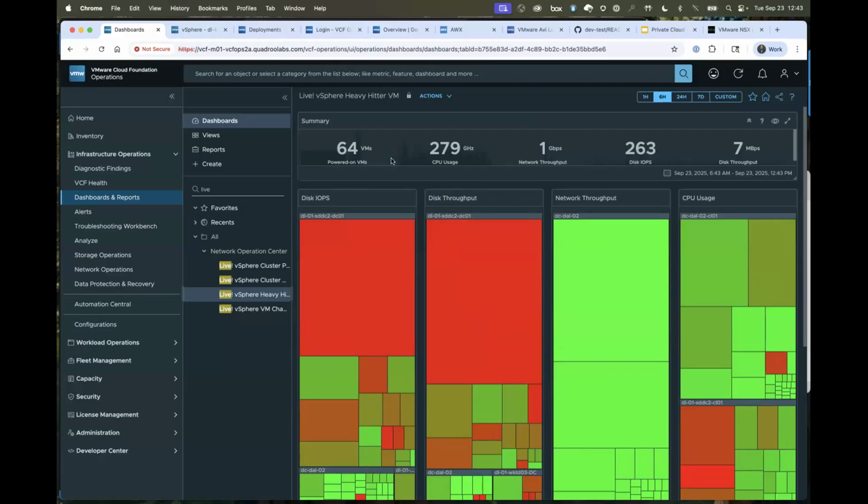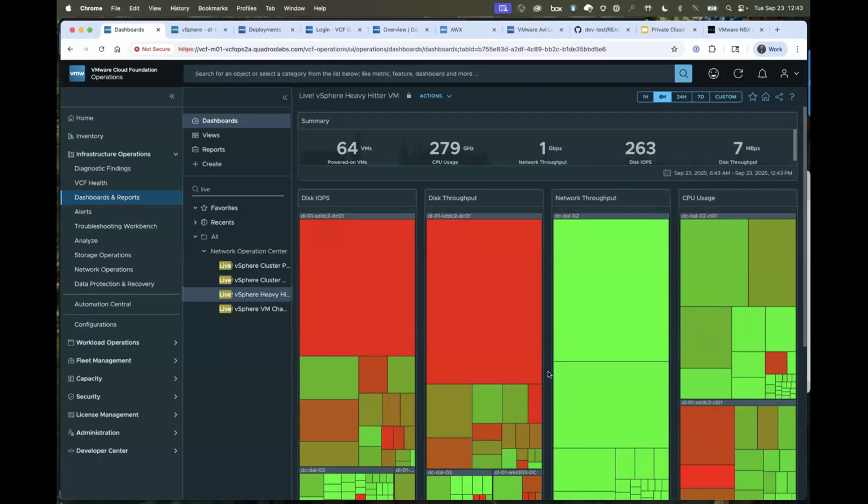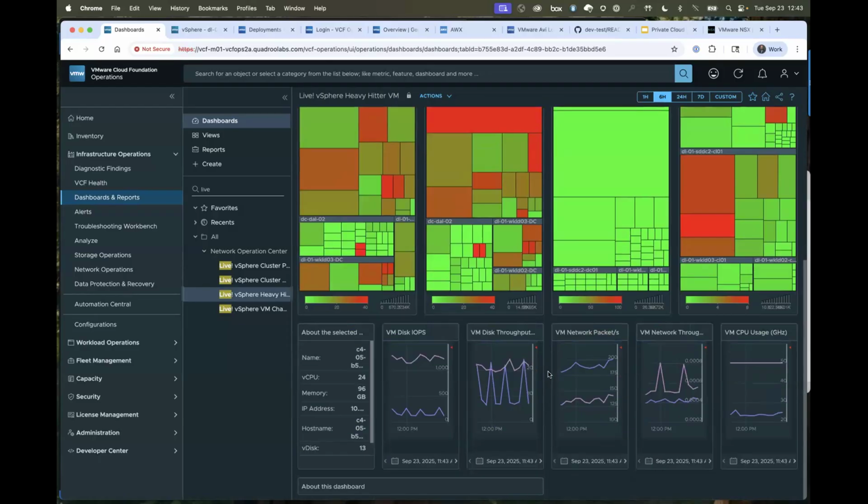Yep, absolutely. And we can see that summary up along the top there, and then dig into some of the details. So if I click on this data center here, it's going to show me some data points below. I can see some IOPS, some throughput issues, potentially might be some packet dropping actually. Those are packets transmitted. Okay, good. Yep. So some things that we can look at in these live dashboards.